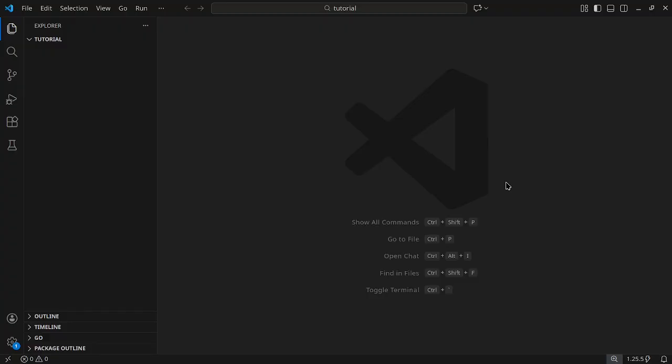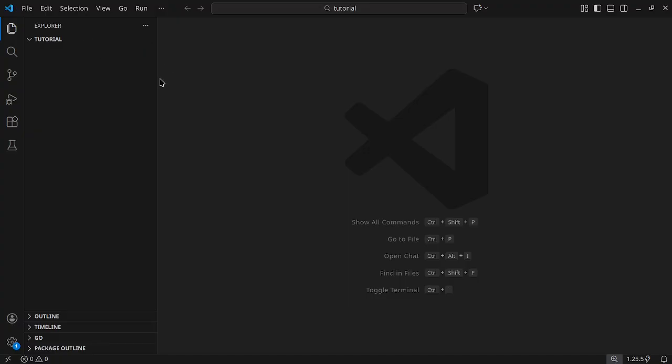For this tutorial I'll be using the Visual Studio Code editor, but you can feel free to use any other code editor or IDE of your choice. I decided to stick to VS Code for its simplicity. So open up some kind of folder on your system and open that up in the code editor or IDE that you chose. I have already created this tutorial folder inside of my desktop, then I have opened it